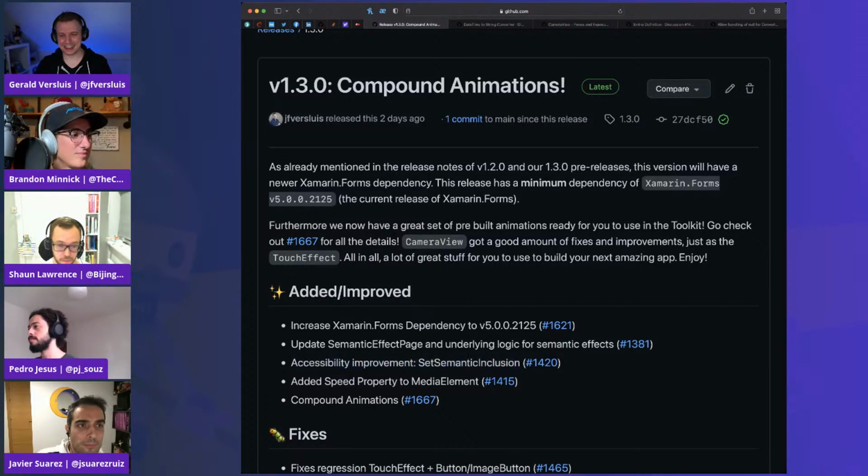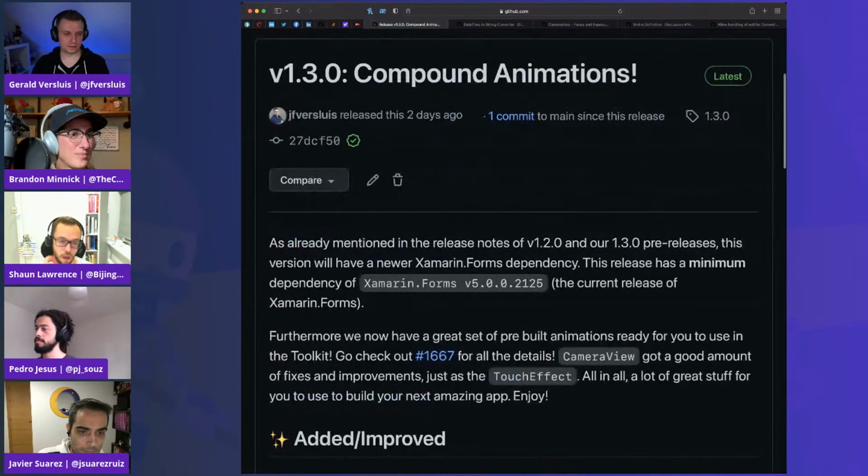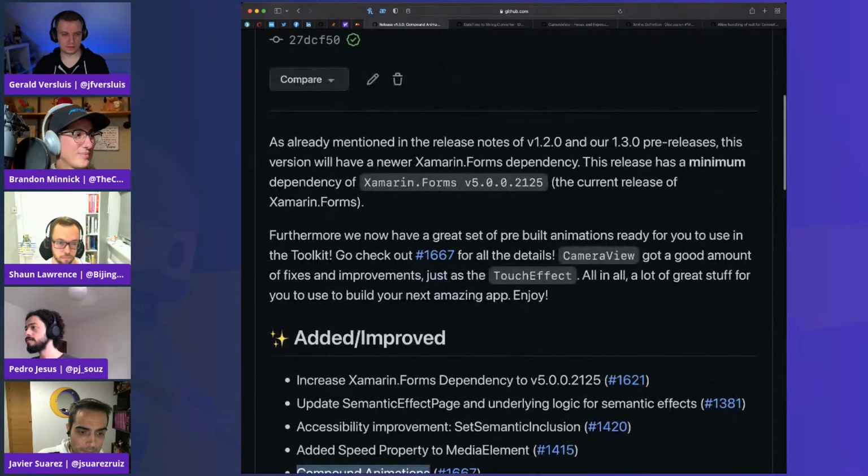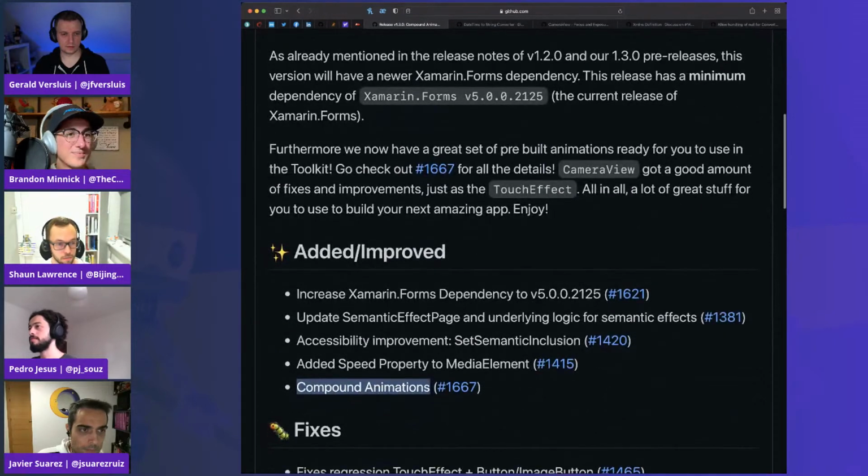Adding a speed property to media element, so I'm assuming that allows you to control the playback speed of media. The one bit I probably know a bit about is the compound animations, and that was a large part of possibly delaying the release, getting those pesky unit tests in place. At the moment, this offers only two complex animations, with the aim of hopefully providing a larger set as we progress through the releases.